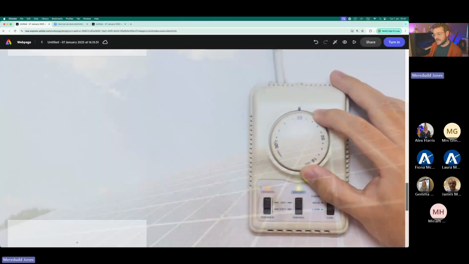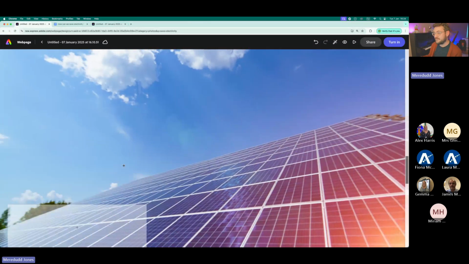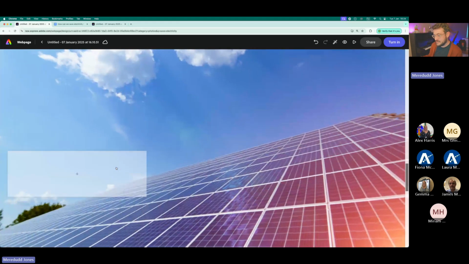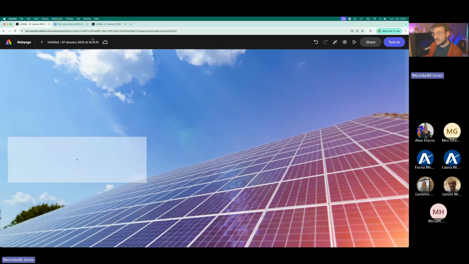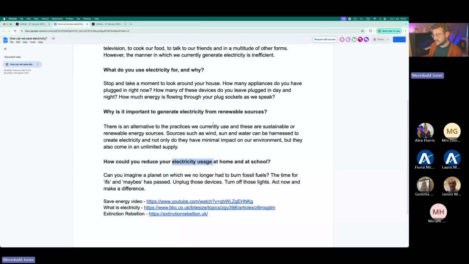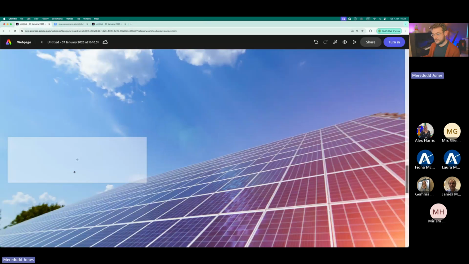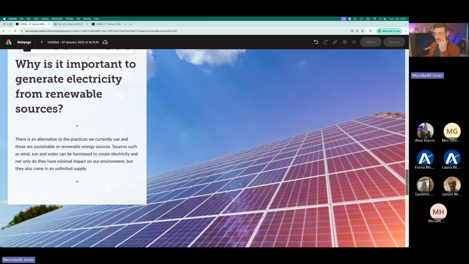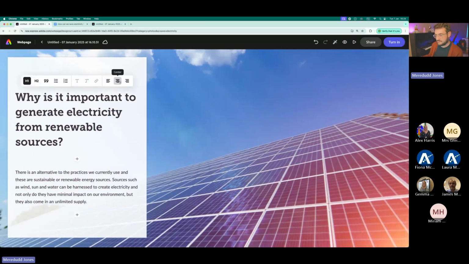Okay, so what can we do with these cards? Well, these cards behave exactly the same as this side of a split layout. So when I click on a card, let's grab that text, which is the first one here. Why is it important to generate electricity? I'll do the same as I did with my first 2 sections: copy that, back over to the card, click on the plus, this is text, paste it in, and we can do the same thing. We can format this as header 1, center it,